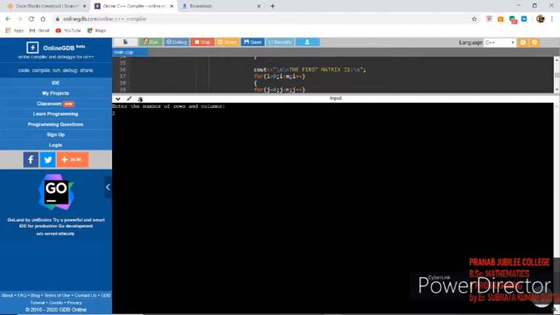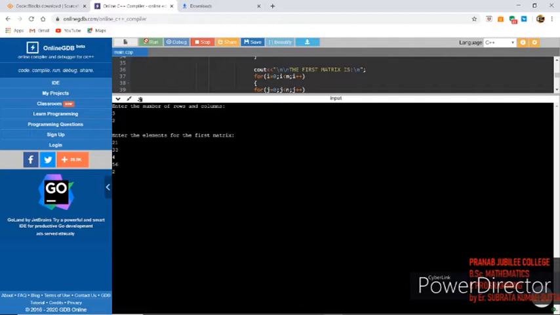Let's check. Number of rows, let's say 3. Number of columns, let's say 2. Let's enter the elements of the first matrix: 21, 33, 4, 56, 2, 11.